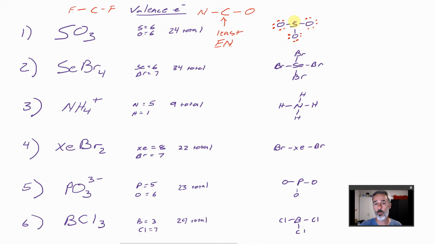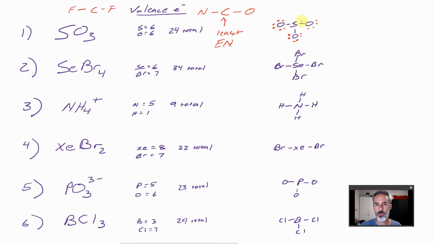I have none left. The oxygens have a satisfied octet, but the sulfur does not, and I don't have any more lone pairs to put on here. So you know what happens next. We can't walk away without sulfur having an octet. Right now it only has 2, 4, 6 electrons. It needs an octet, which means if the oxygens are satisfied and sulfur's not, an oxygen's going to have to share. So I'm going to get my eraser, I'm going to pick on this oxygen, but it would not matter which one you chose, and we are going to